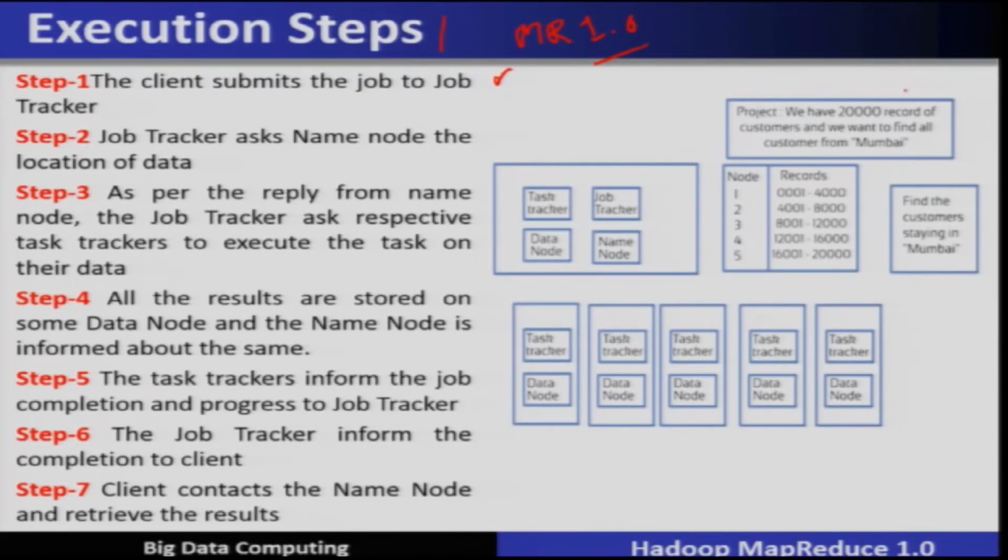For example, here we have 20,000 records of customers, and we want to find out all the customers from Mumbai. So, the query is to be executed on this data set, and this operation to find all the customers is performed using the MapReduce program which is being submitted. This request is submitted to the job tracker,